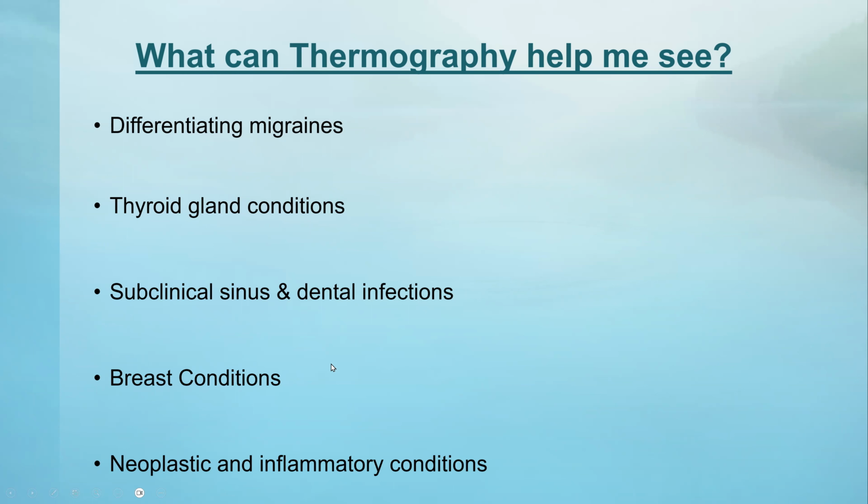Breast conditions. I wanted to add to that really quick. Yes, please. You mentioned Chinese medicine, and also from a lymphatic point of view, one third of the lymphatic system is in the head, from the neck up to the head. It's a huge part of your lymphatics. They're opening up to all your teeth as well. You have so many lymphatics in the gum line, and we're about to touch on the breast conditions, and there has been reported to be connections between inflammation that's happening in the mouth and a direct line into our breast health. So it's important to catch these things